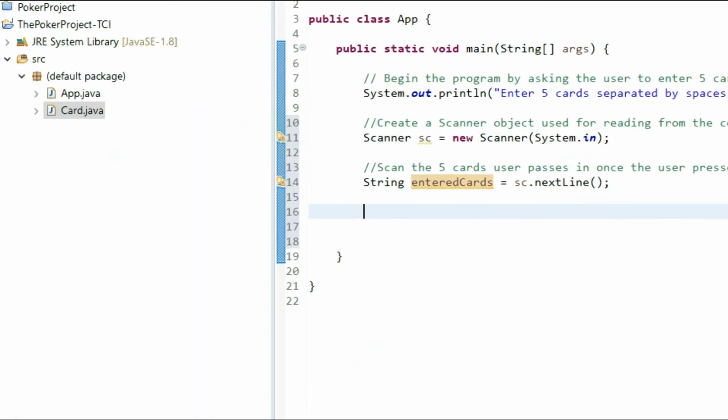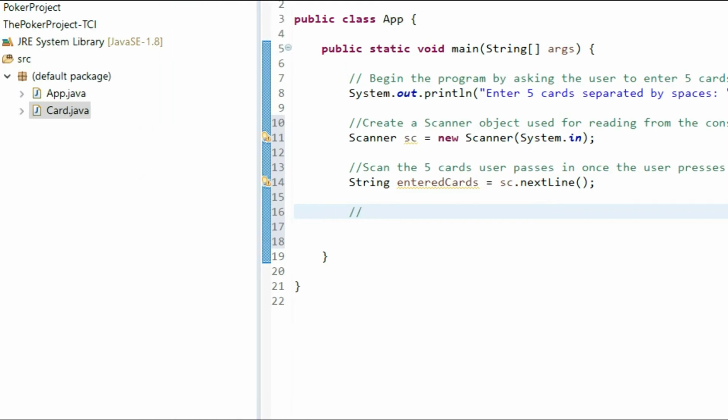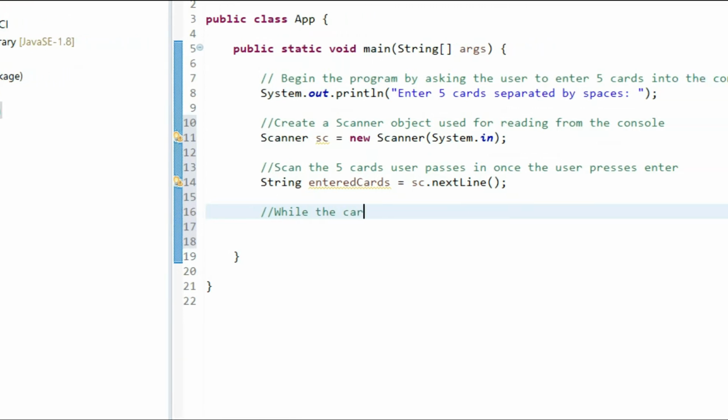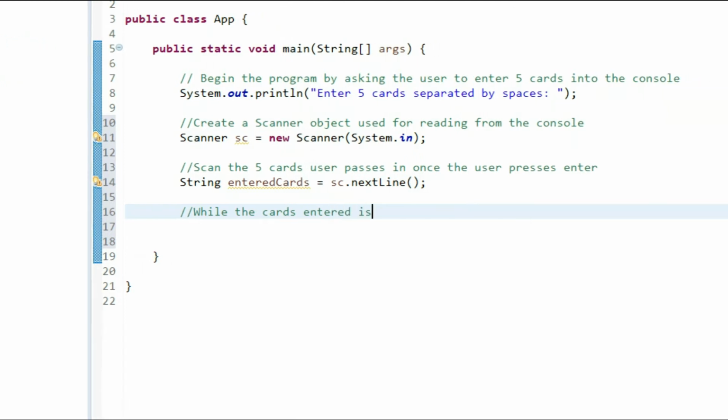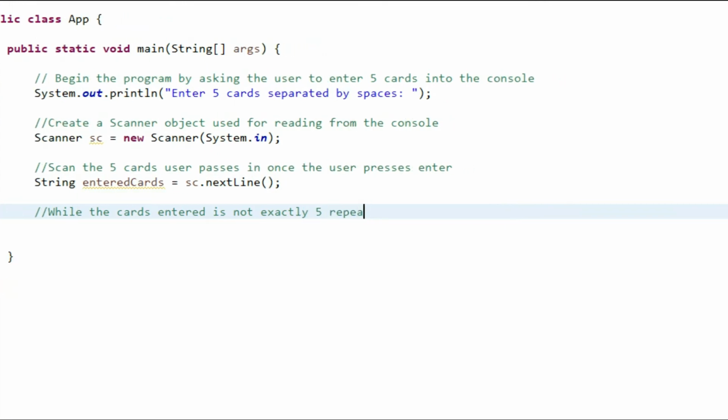All right. Now, the next thing that we need to do is a check. We need to make sure that the user enters in exactly 5 cards. So when it comes to a poker hand, we're going to need exactly 5 cards to determine the ranking of that hand. So the first thing that we need to do, let me just add a comment here to make this easy for you guys to follow: while the cards entered is not exactly 5, repeat this